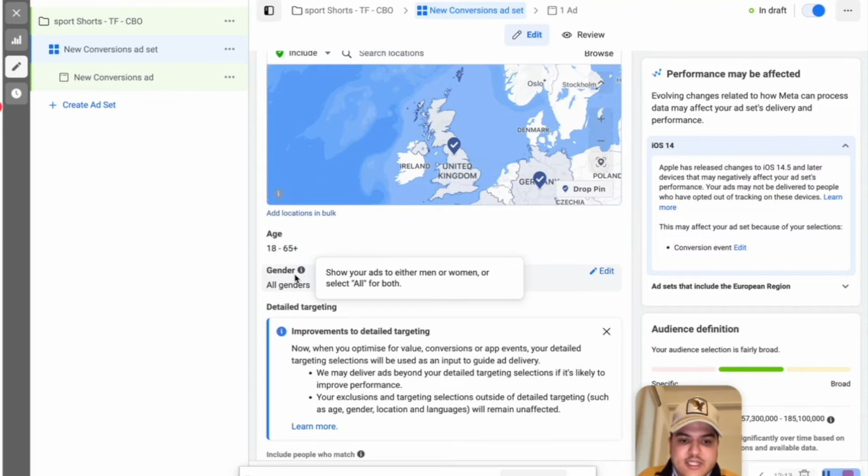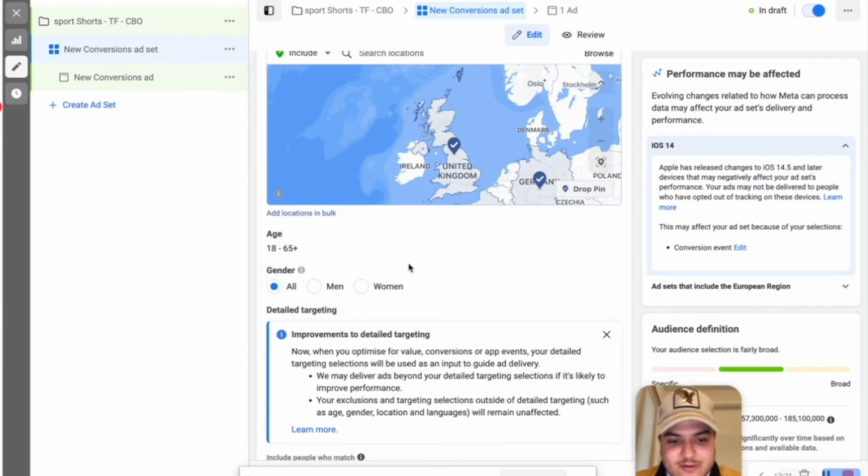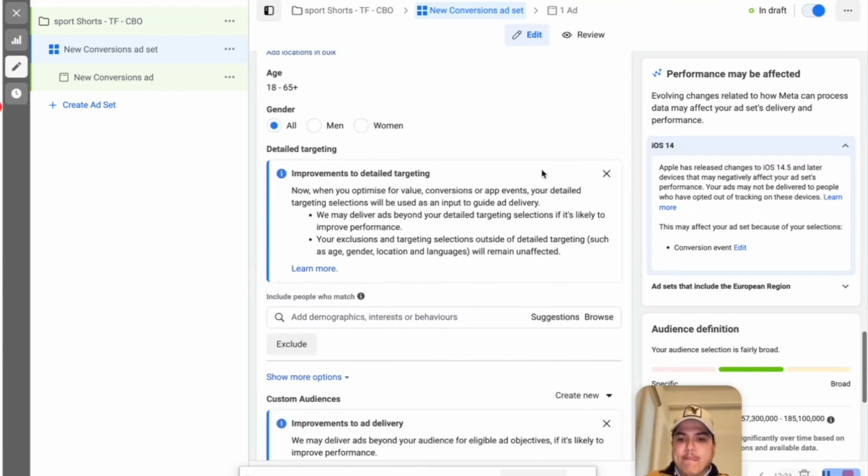The same goes with genders. If you have a male store, put male, female, put female. If not, put all, so you can optimize for everything. Facebook will know if males are the ones buying the most or women are the ones buying the most, and start optimizing for that. So don't worry about that. So now